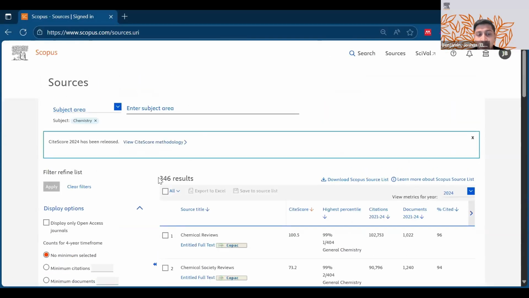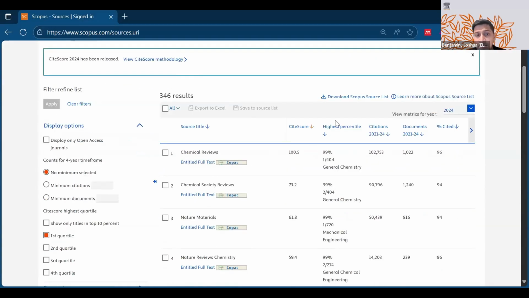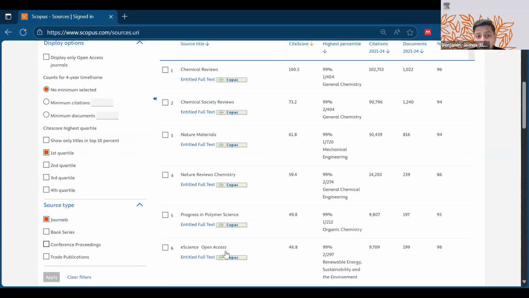So now you see from over 1,000, we've just under 346 results. And here, what will happen is that they will give you the top, basically the first quartile journals for chemistry. So you have the various different titles, you have the site score, and what exactly is a site